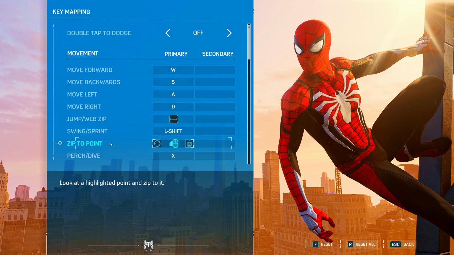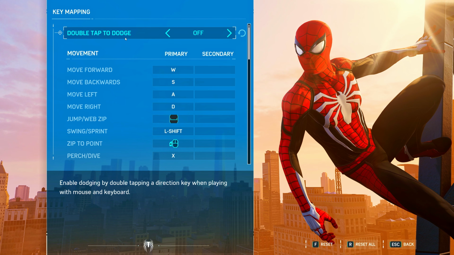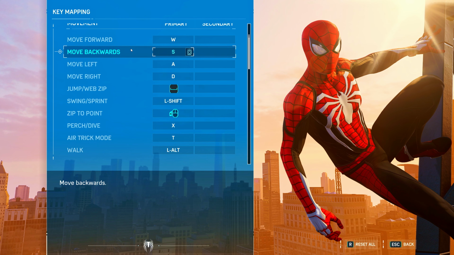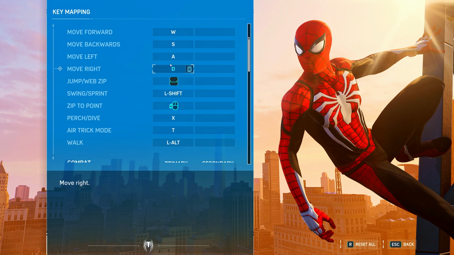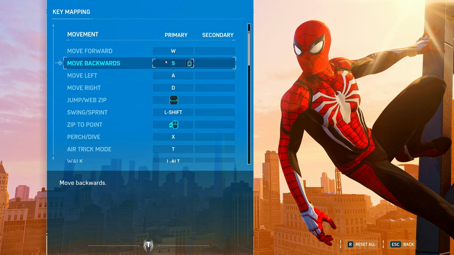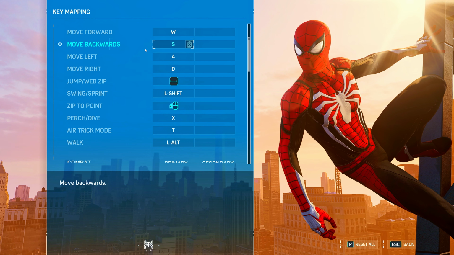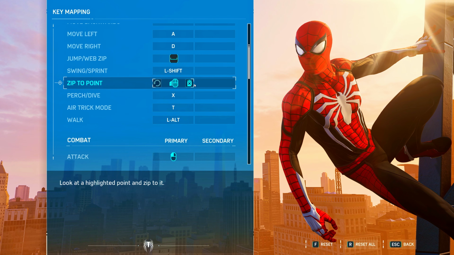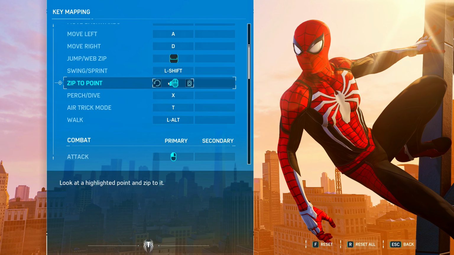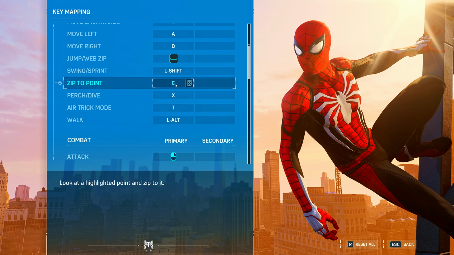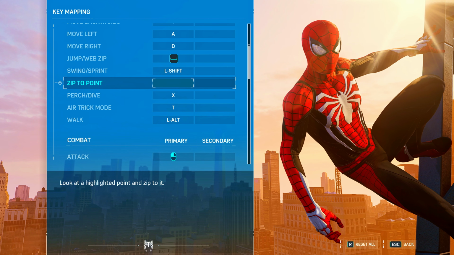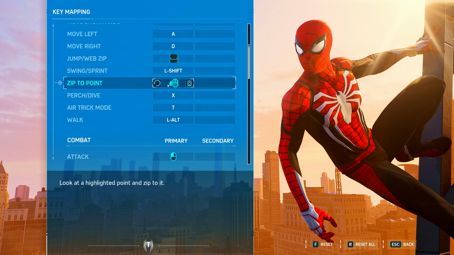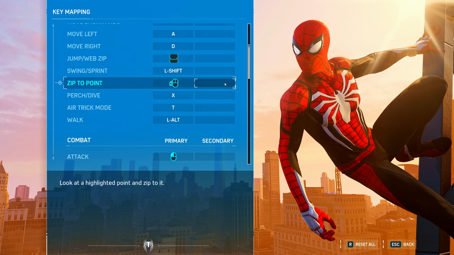And for key mapping, the most important, if you would like to say, double tap to dodge, like before, you can turn this off and on if you want to. And basically on key mapping I actually didn't change too much. I just changed the most important ones in my opinion, which was zip to point, the keybind was on C. Let me change this. Look, you see, the default one is on C, so I changed it to my thumb mouse button on the side of my mouse, which is this one. It's number 4,